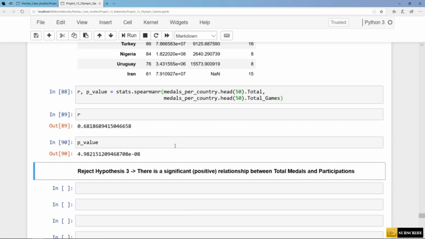So our conclusion is that size, wealth, and political stability do matter, and they positively influence and determine a country's